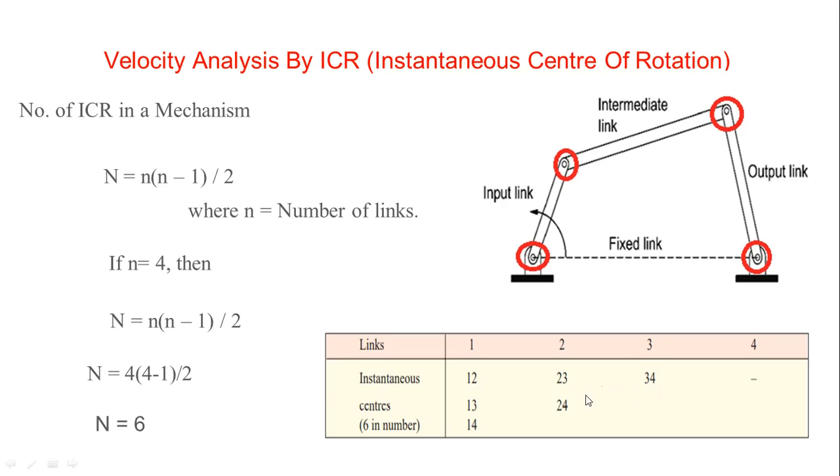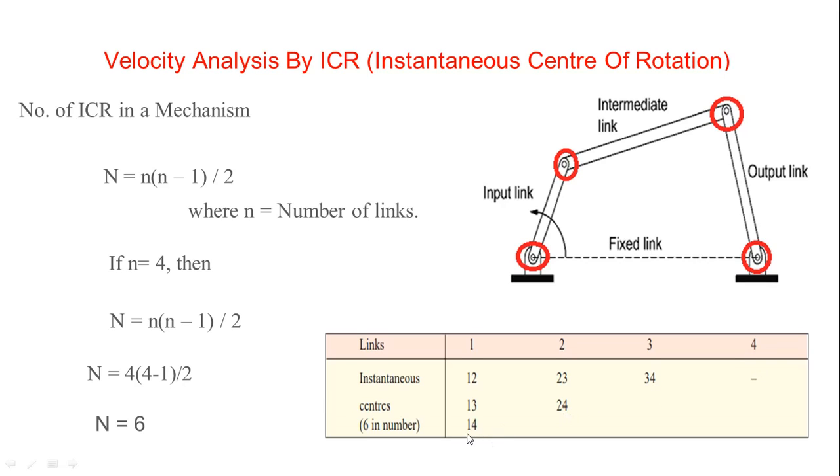So link number 3 is already paired with link number 2. So I23 is nothing but I32, as well as I13 is nothing but I31. And under the column of 4, I have not written anything because link number 4 has already been covered by I34,